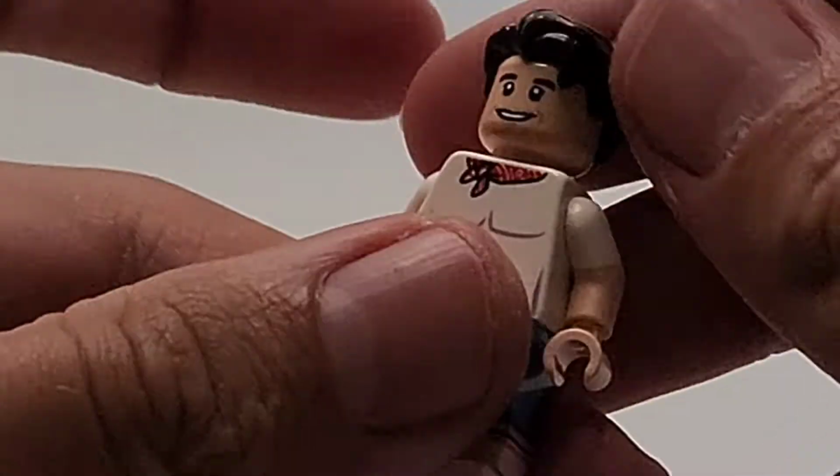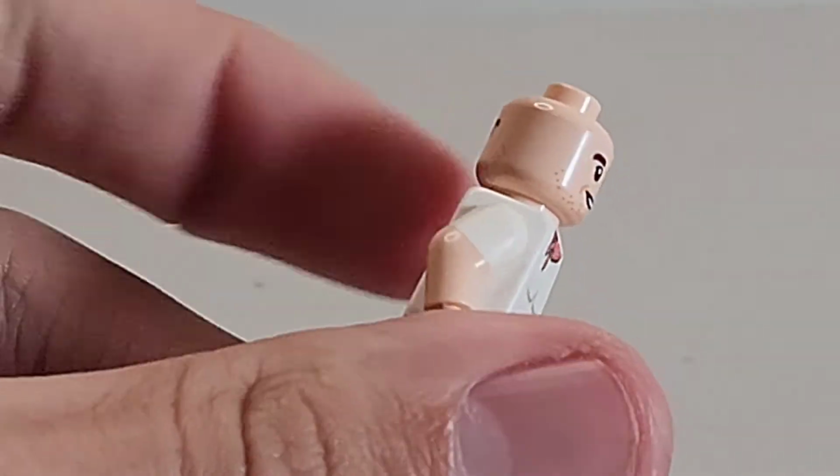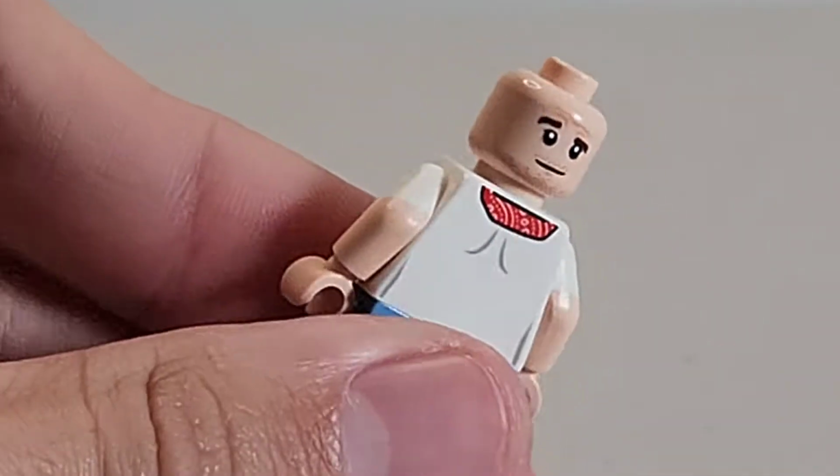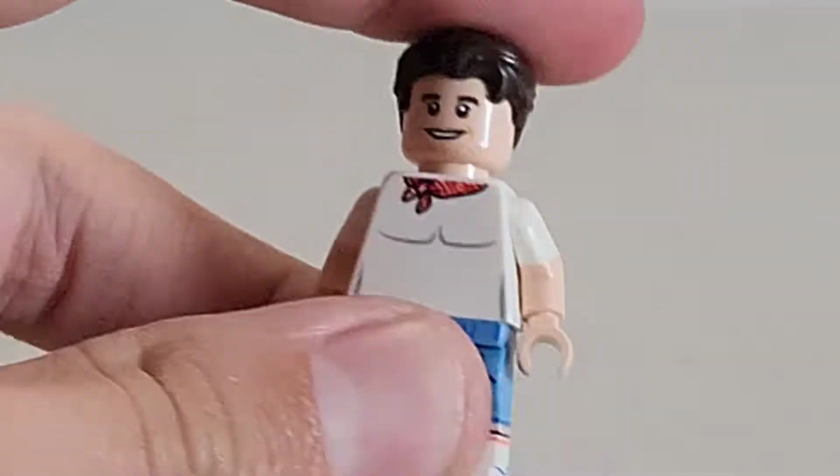But anyway, this hairpiece is pretty cool as well. As I told you guys, the face is pretty cool. Stubble's pretty light, which is pretty cool. And yeah, that is it for Anthony. And now we're gonna go on